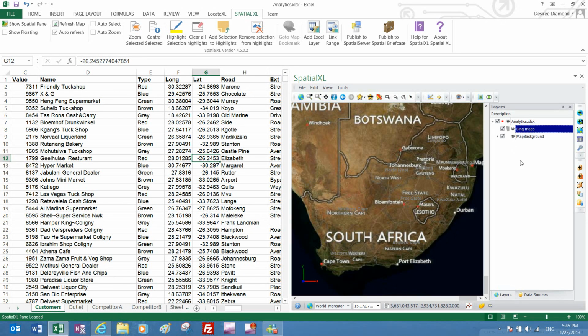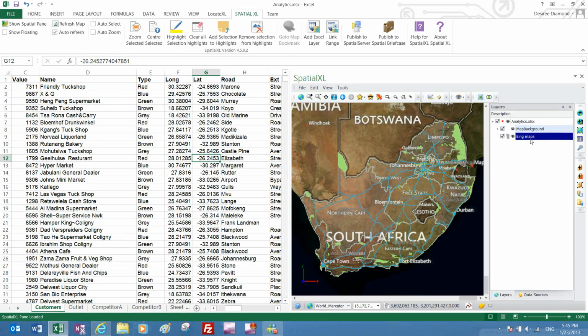Now one thing to realize about layers is that you might have multiple layers in a particular workbook, and in this case the Bing Maps are actually over the map background. So to change the order around will also change the viewing order around. What's at the bottom will be drawn at the bottom, and what's at the top will be drawn over the top of the other data. So to change this around, I'm going to just drag my Bing Maps until a little arrow showing down appears like that, and I'm going to drop it, and there you can see my Bing Maps are now actually underneath